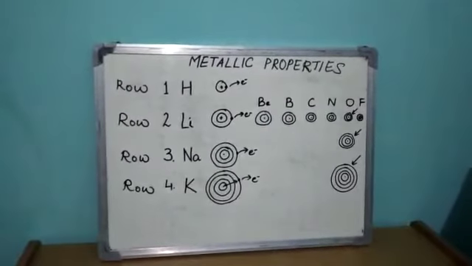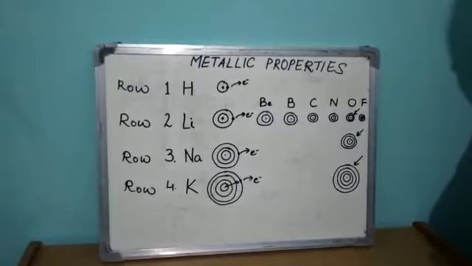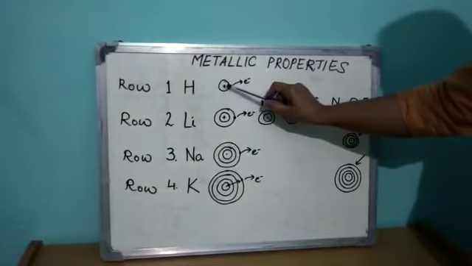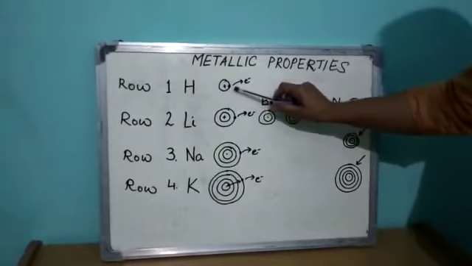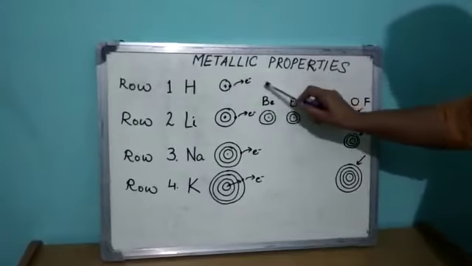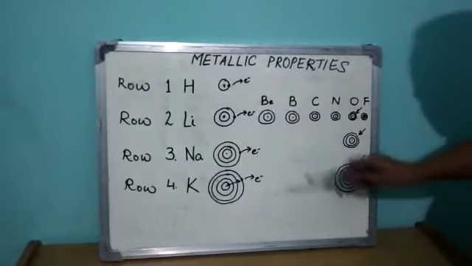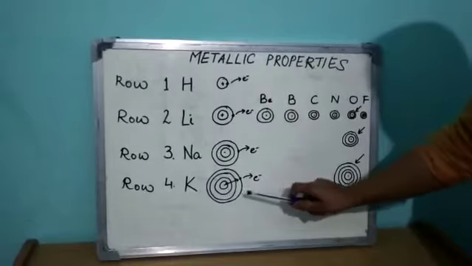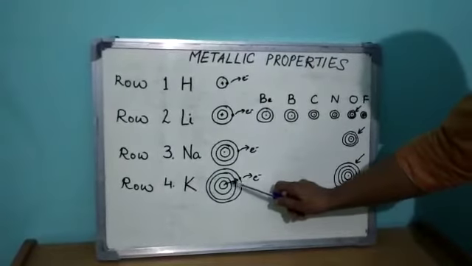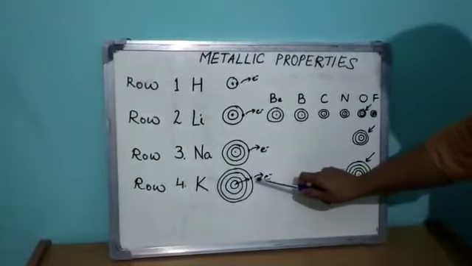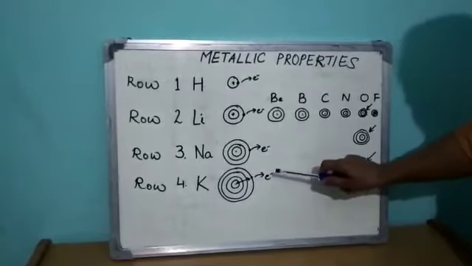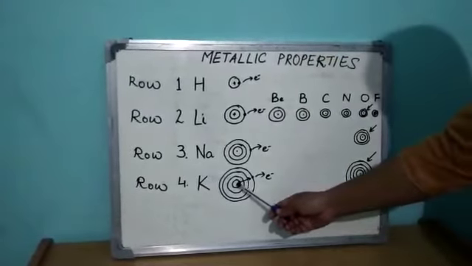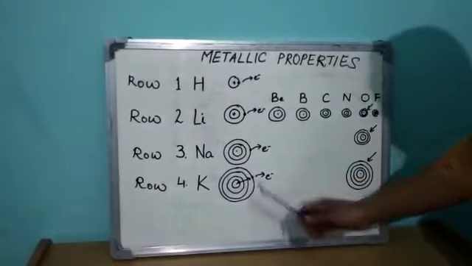The metallic property, or the tendency to lose electrons, increases due to increase in the number of shells. We can see the distance of protons and electrons is very less here, so it becomes very difficult to remove the electron from the first row. But as we move down, there is an increase in the number of shells. If we talk about the 4th shell, the distance between the nucleus and the outermost shell becomes large and it becomes easy to remove an electron from an atom. Therefore, the metallic property increases down a group due to increase in the distance of nucleus and valence shell.